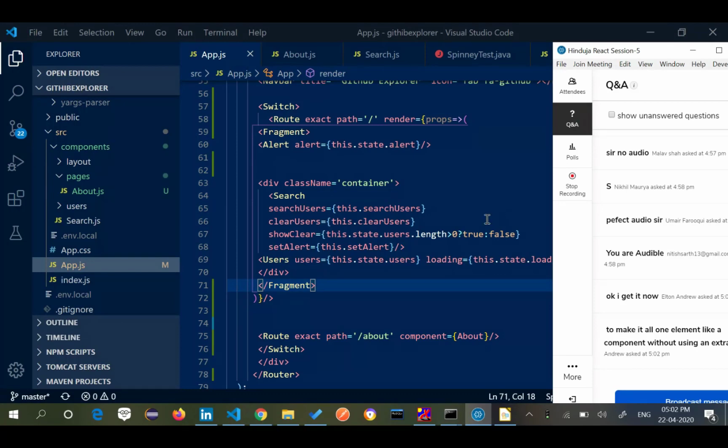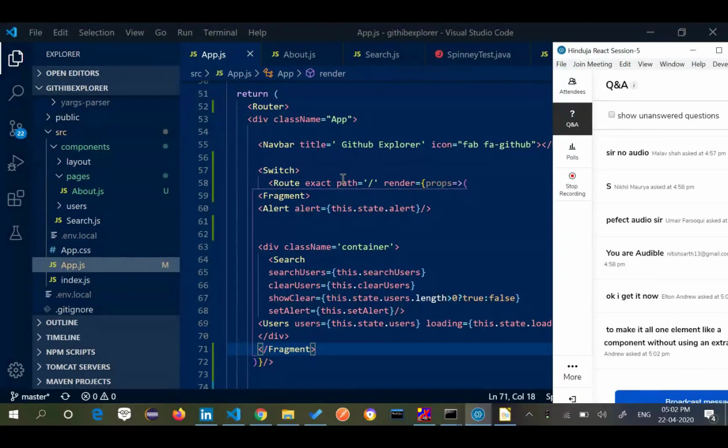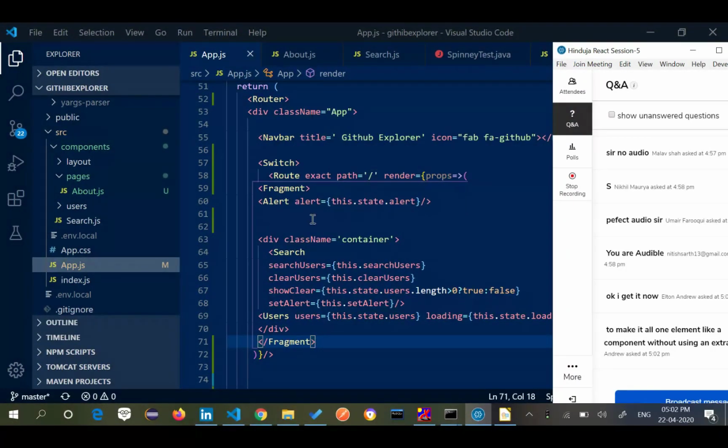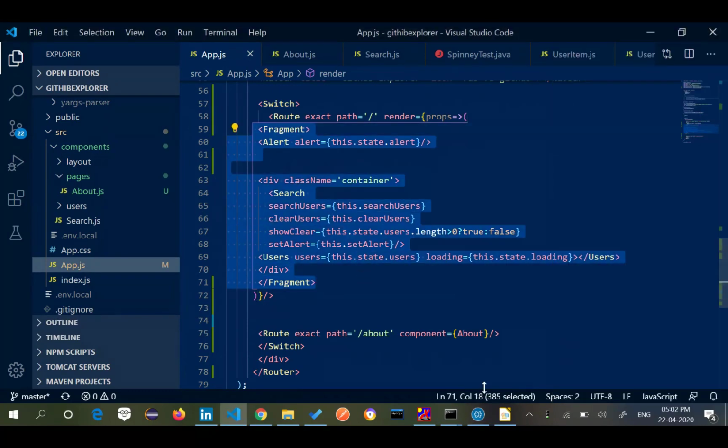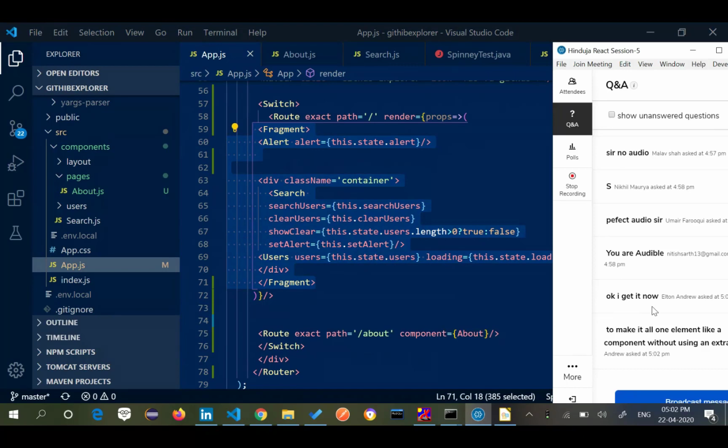You can see the whole routing element I have here. You can see I've got a router. Then I've started a switch. Inside this switch, I'm defining the components I have, and you see that one route was actually pointing to a component, but one route was actually pointing to the props. Why? Because I wanted to fill this up as one single element. So that was the reason I took it as a fragment. So are you clear on this point?